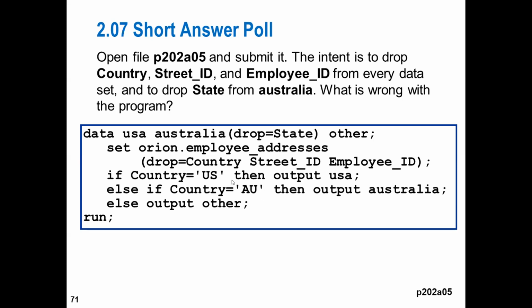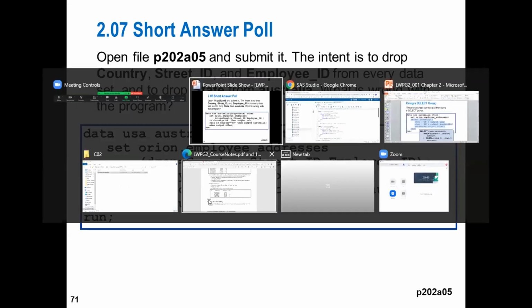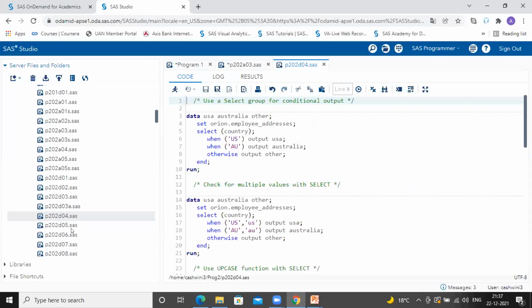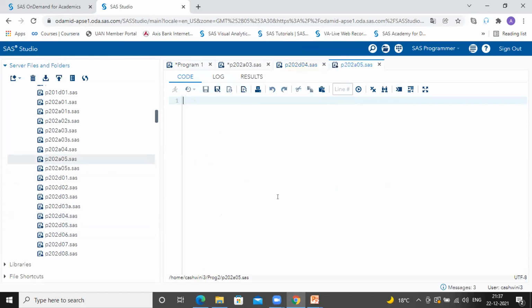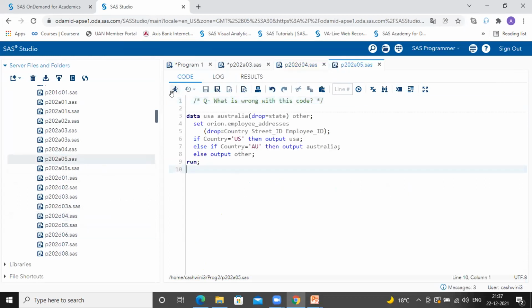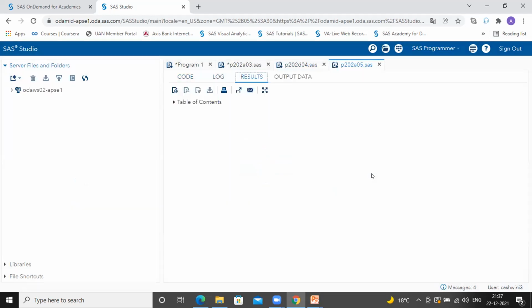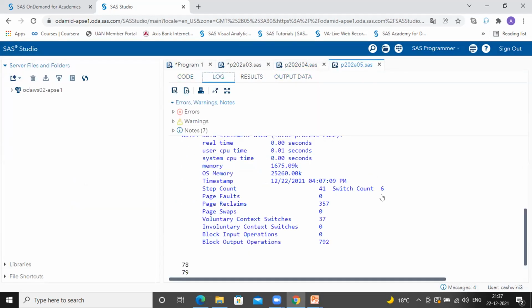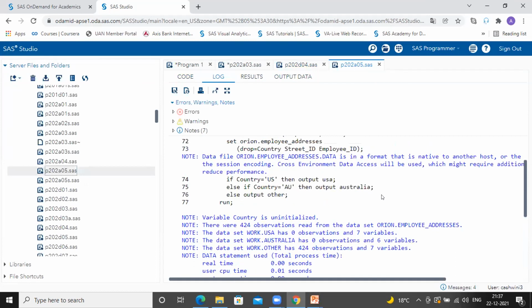Yeah, with this coding, we are not getting any table. I mean, it's zero observations. So what are you getting? What did you see in your log? So it's the A05 activity. I'm submitting this. What is wrong with this code? What are they telling in the log?